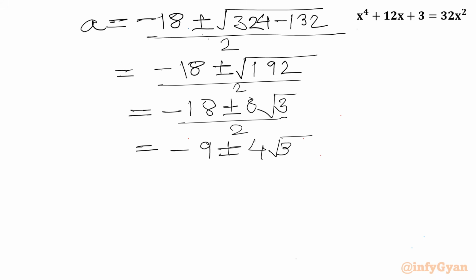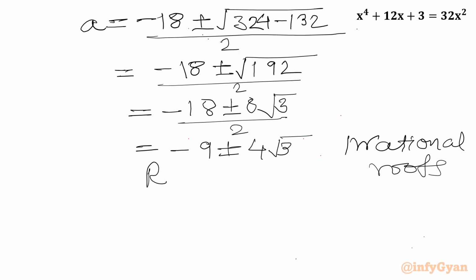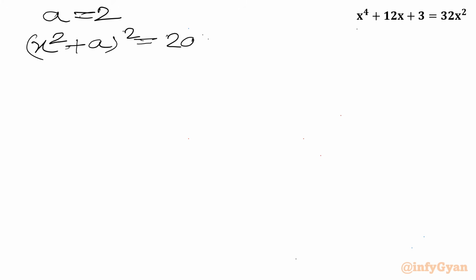Now you can see, because of irrational roots, we can reject this solution, rejected. So a equal to 2 will be the accepted one. So I will write here a equal to 2. And this value I will apply here in this equation, x square plus a whole square equal to 2a plus 32